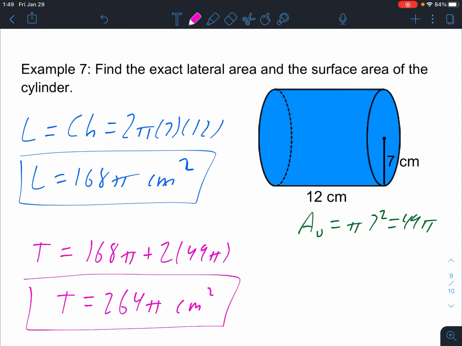That'll do it for cylinders and prisms. Next time we'll take a look at cones and